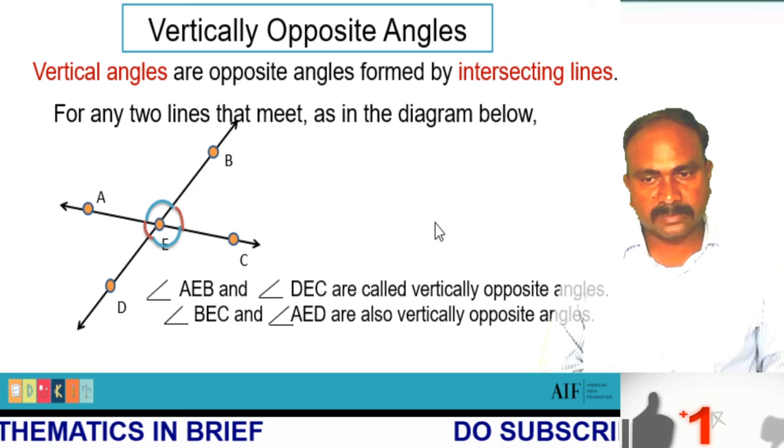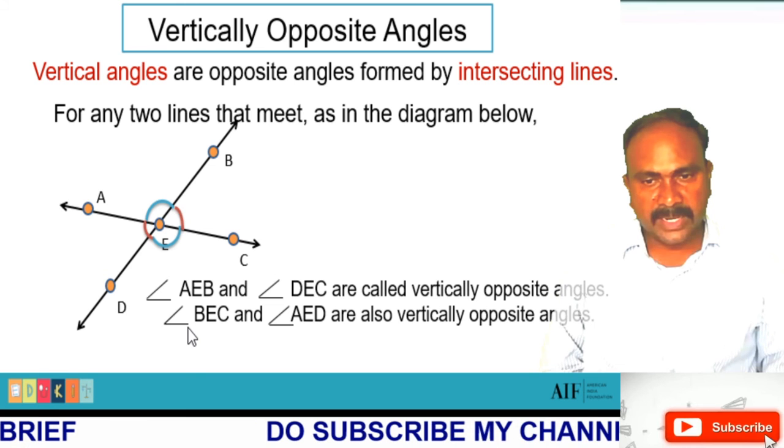Angle AEB and angle DEC, and angle BEC and angle AED. When two intersecting lines form two pairs of vertically opposite angles, they are equal. Vertically opposite angles are equal. So angle AEB equals angle DEC, and this one is equal as well. And the second pair, angle AE